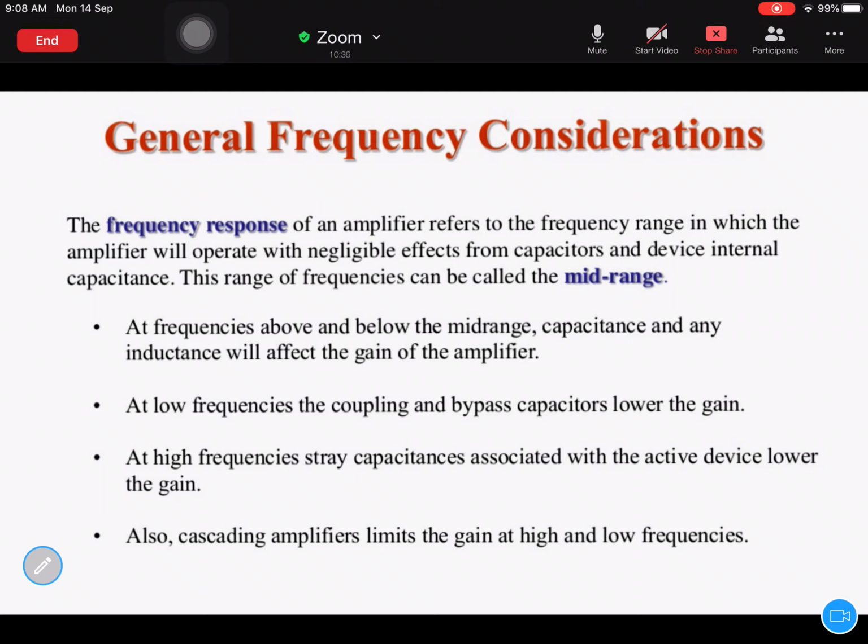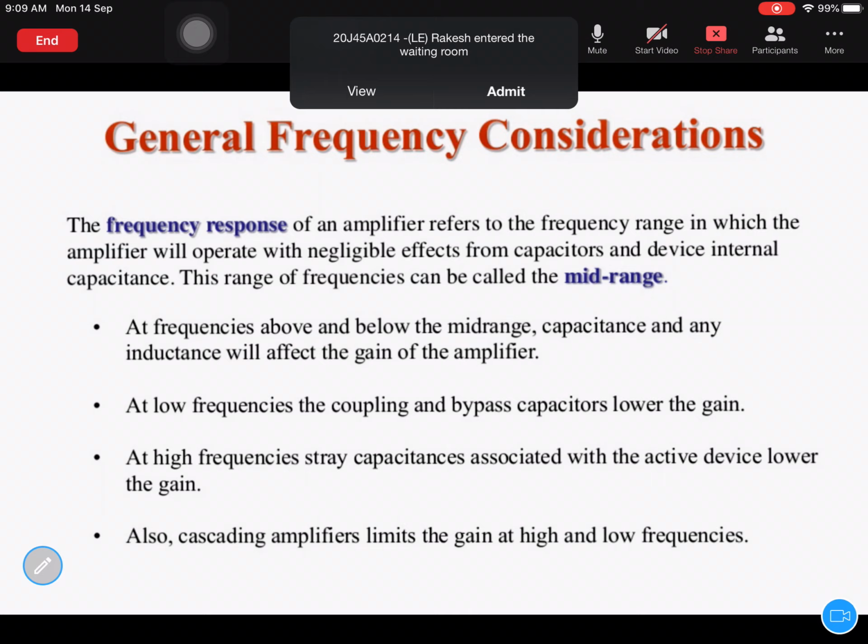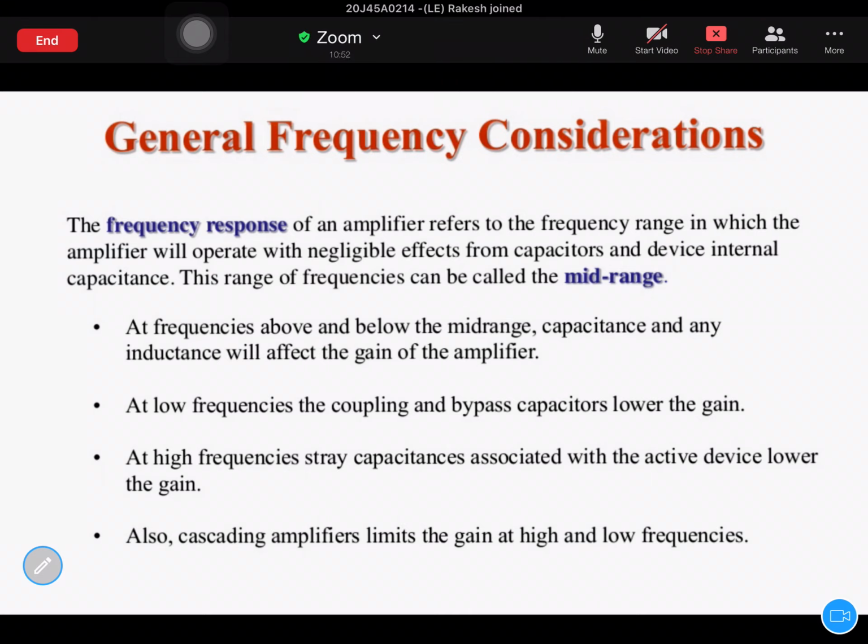Whatever AC signal you are giving to this DC biased transistor, it will try to amplify that signal at the output end. That's why it is called an amplifier circuit. And it can amplify only when the emitter base junction, not the input side. In all cases you should not say input side, you can talk in terms of junctions.